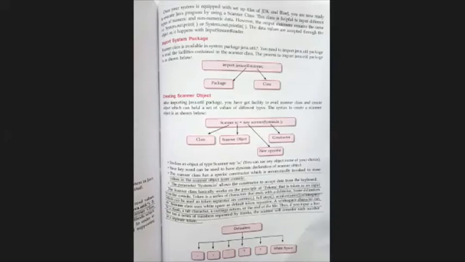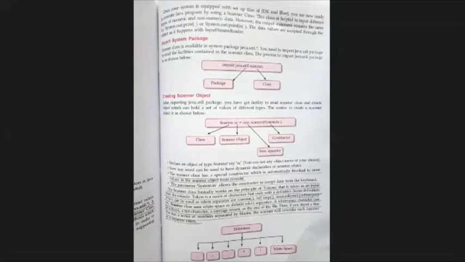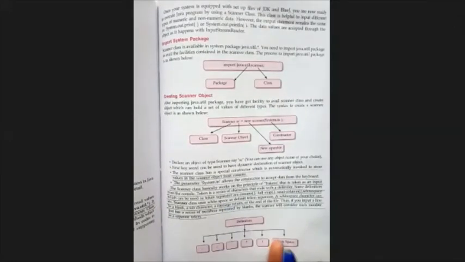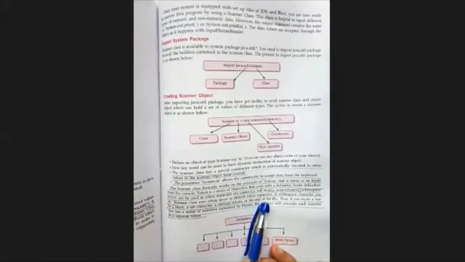By default, if there is a sentence, it is sunny today, after it there will be a delimiter space. Then after is, there will be a delimiter space. In this way, we write a sentence using spaces in between. So the Scanner class reads one token at a time. Token means it reads one word at a time, and white space, meaning a simple space, is the default token separator.